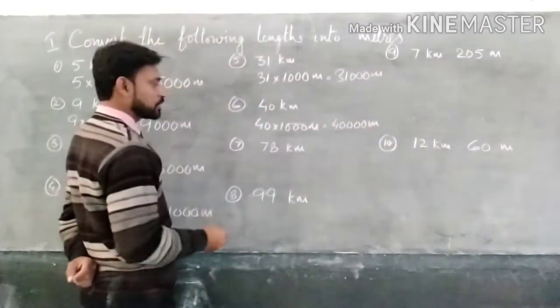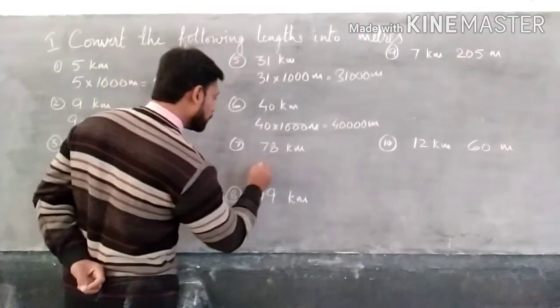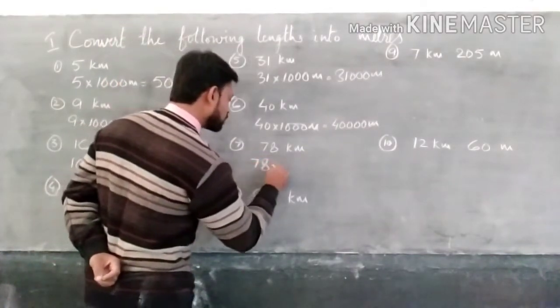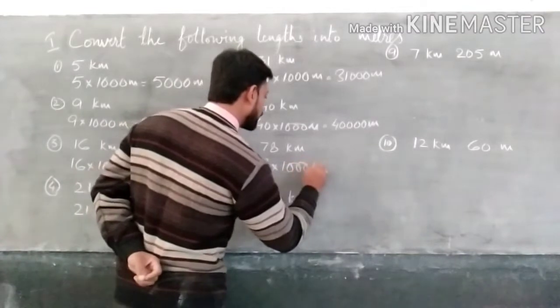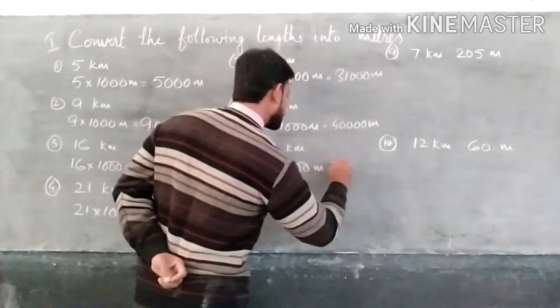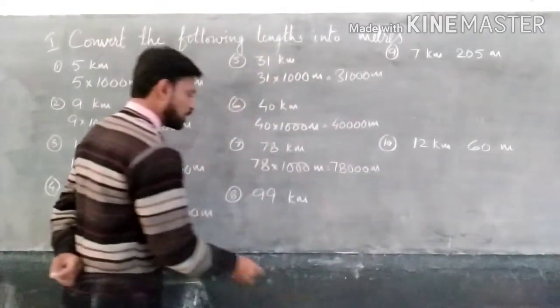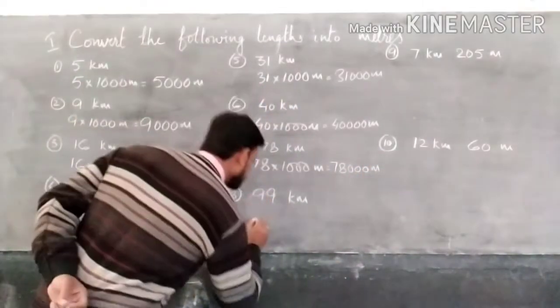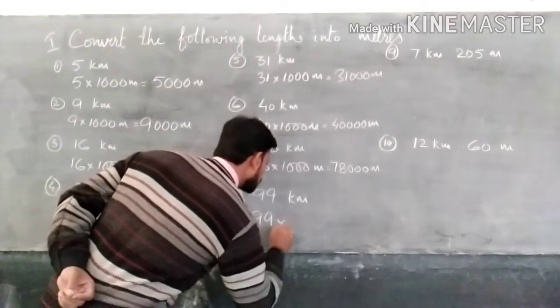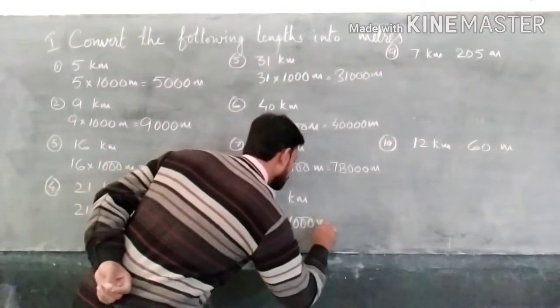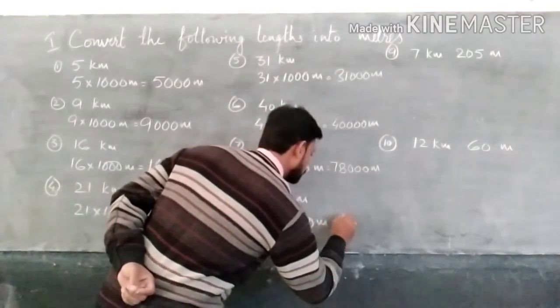Now for the next question, 78 kilometers. So 78 multiplied by 1000 meters, that is 78000 meters. Now 99 kilometers equals 99 into 1000 meters, that will be equal to